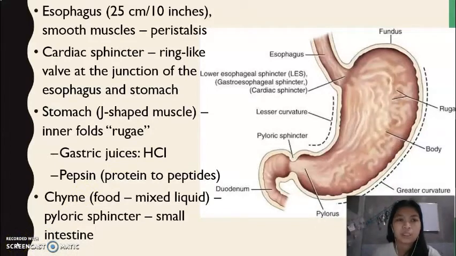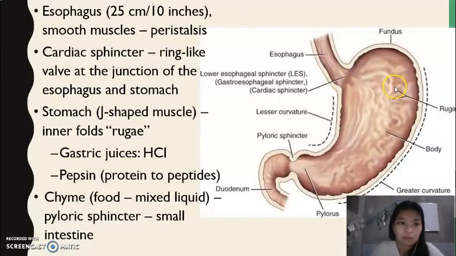As the food approaches our stomach, there is what we know as the cardiac sphincter. So it is the entrance. Ito yon, the cardiac sphincter. It's the boundary between the esophagus and the stomach. It's a ring-like valve at the junction of the esophagus and the stomach. So when the food is already there sa cardiac sphincter, it will relax in order to allow the food to